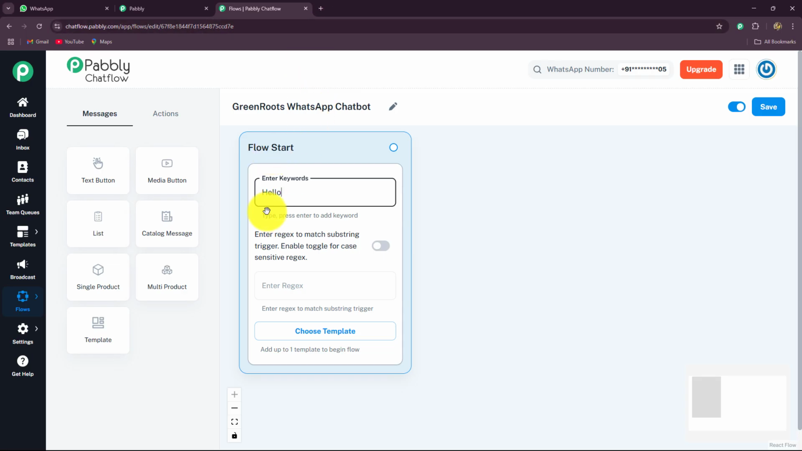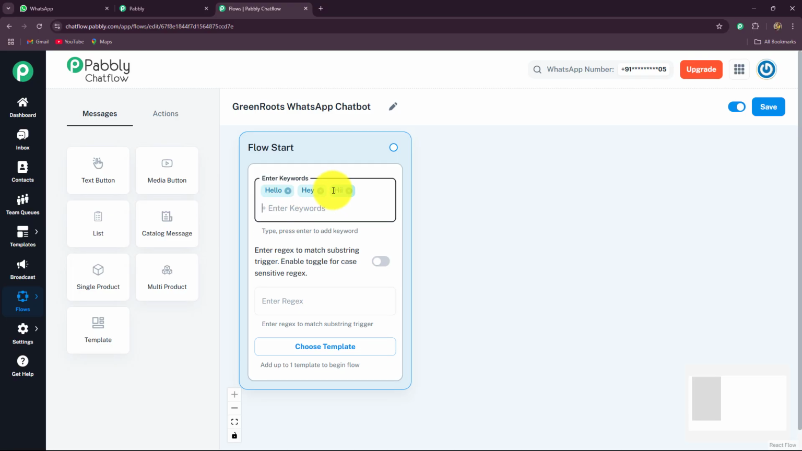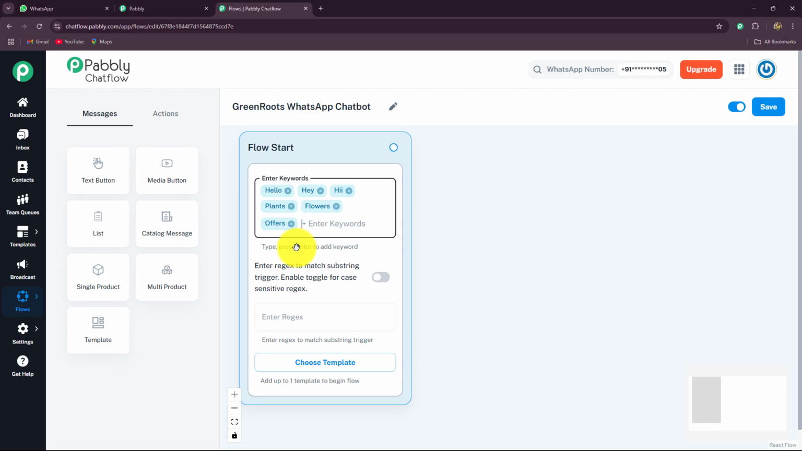How you're going to enter the keywords: you will enter the word which you think could be your keyword, and you are going to put your cursor on the word, and you will click like that, and you can see that the word turns blue and it is added as a keyword. The next keyword is, here you can see, hey, then we have hi, or we can have plants, or let's say we can have flowers, or we can have offers, or n number of possibilities are there in order to